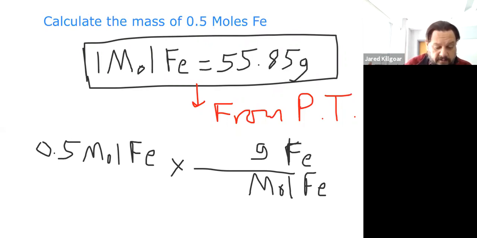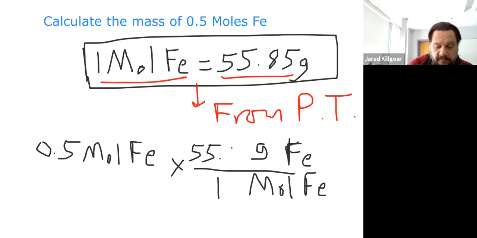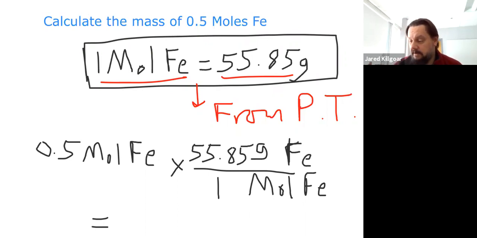And all I do is I substitute in my 55.85 grams right from the periodic table, right from these values right here. 1 mole, 55.85 grams. All right, so I take that in my calculator, and I calculate that, 0.5 times 55.85, and I get a value of